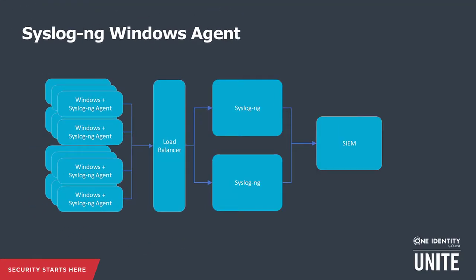But first, let me back up a bit to go over the current ways you can use Syslog NG to capture logs from Windows servers and desktops. First of all, we have the Syslog NG Windows Agent, which is included with Syslog NG Premium Edition, as well as the Syslog NG Store Box. So this is a lightweight agent that can be installed in standalone mode or pushed out through a group policy. It's easily configured through an MMC, either locally or centrally, and what it does is allow you to capture Windows Event Container logs and stream them over to a Syslog NG server.